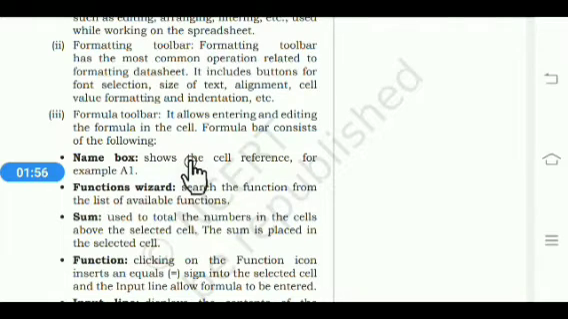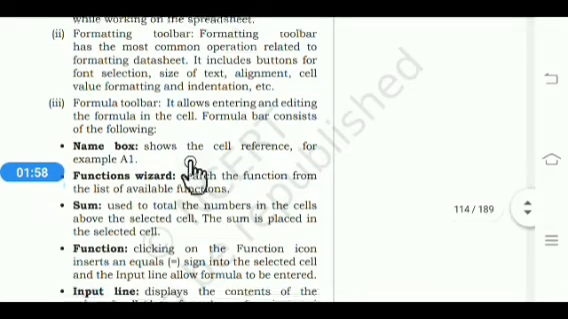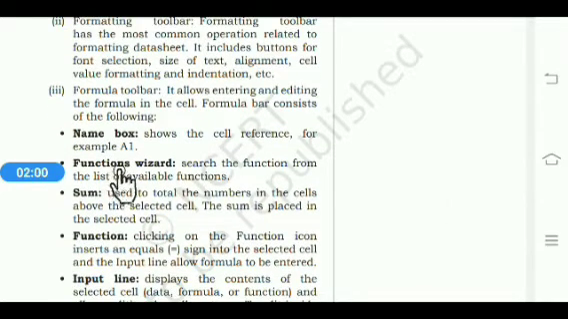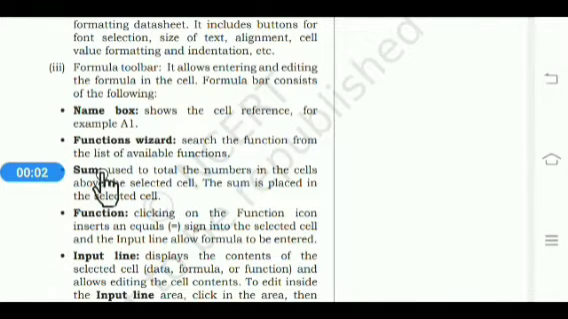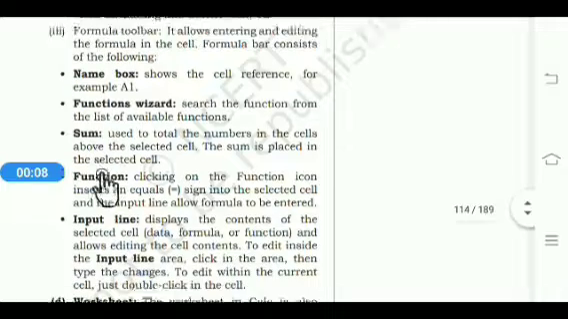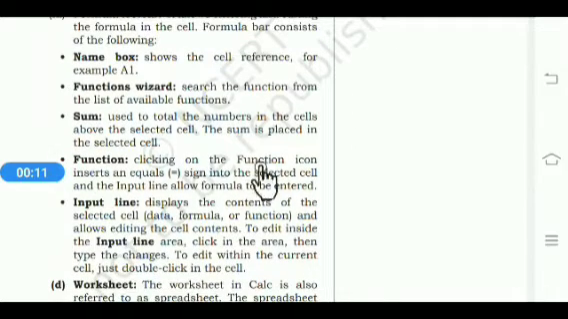It shows the cell reference, meaning the cell address, that is A1. Then the function wizard: search the function from the list of available functions. Sum: the sum function calculates the sum of a range of numeric values and shows the result in the selected cell. Then function: clicking on the function icon inserts an equal sign into the selected cell and the input line allows